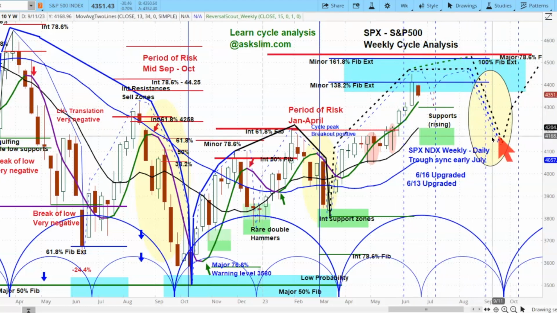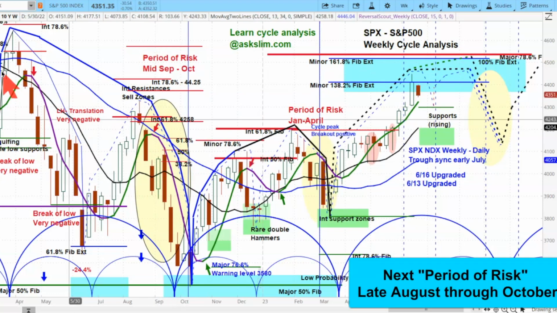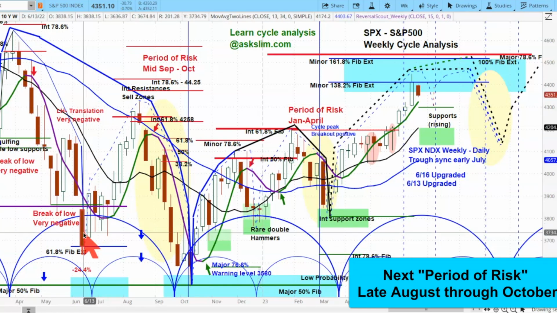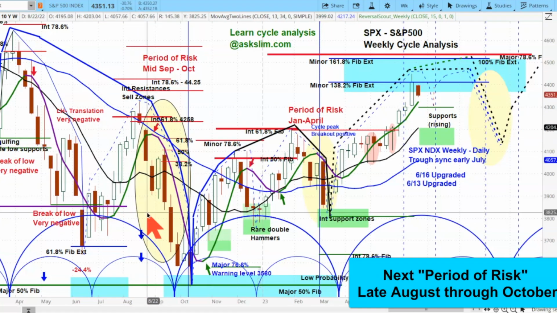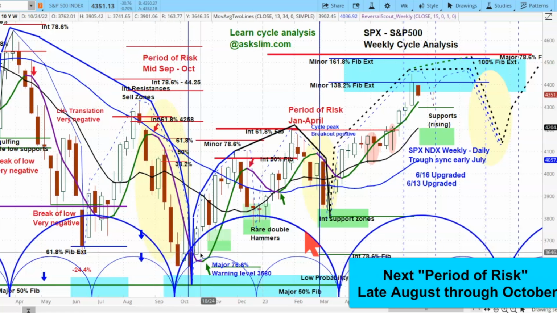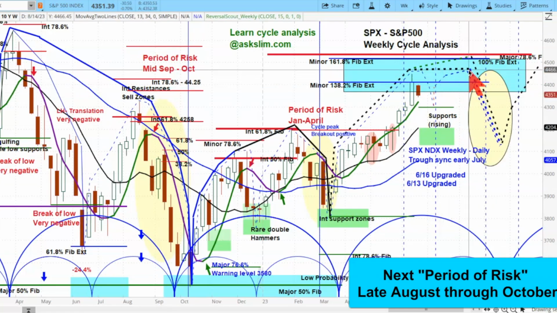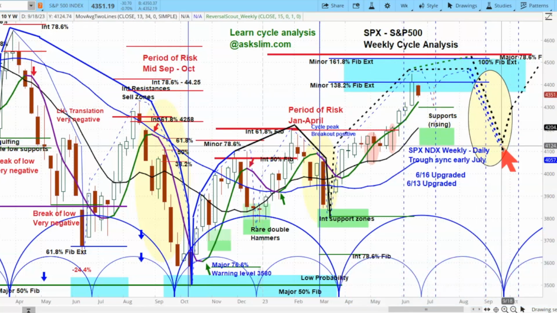But then we get into this period of risk over here. That's like this one over here, except that this was a negative cycle. You see the first minor cycle was negative. That says that the next rally will fail in the resistance sell zone, which it did, and then come down and take out that low. In this case, this is a positively configured situation, so we would not expect it to be as steep on the downside in here. Still, this is a period of risk, and that downside could be